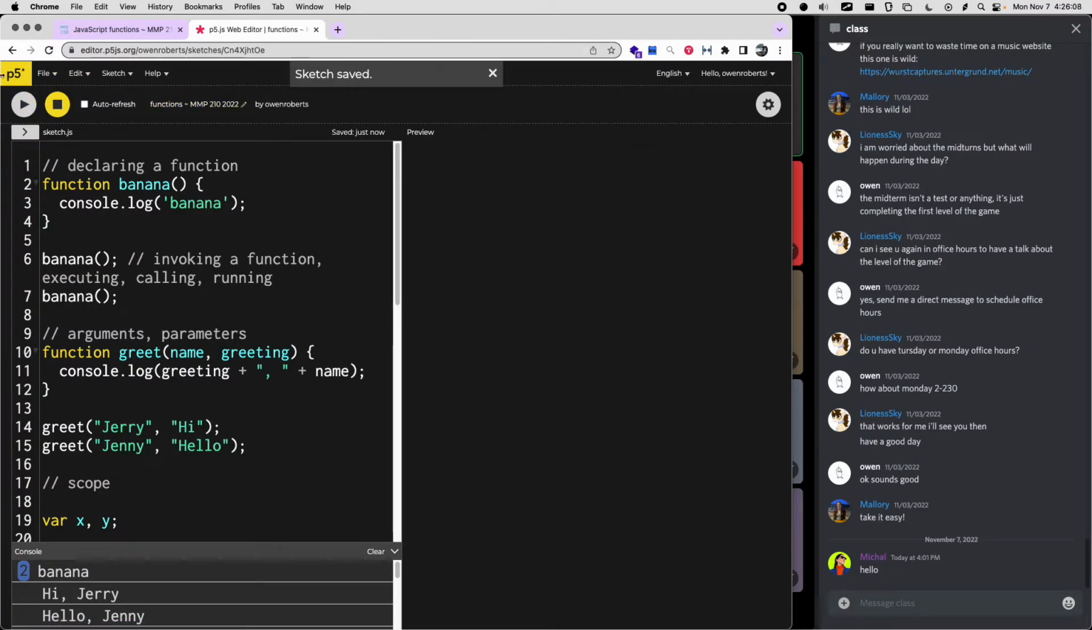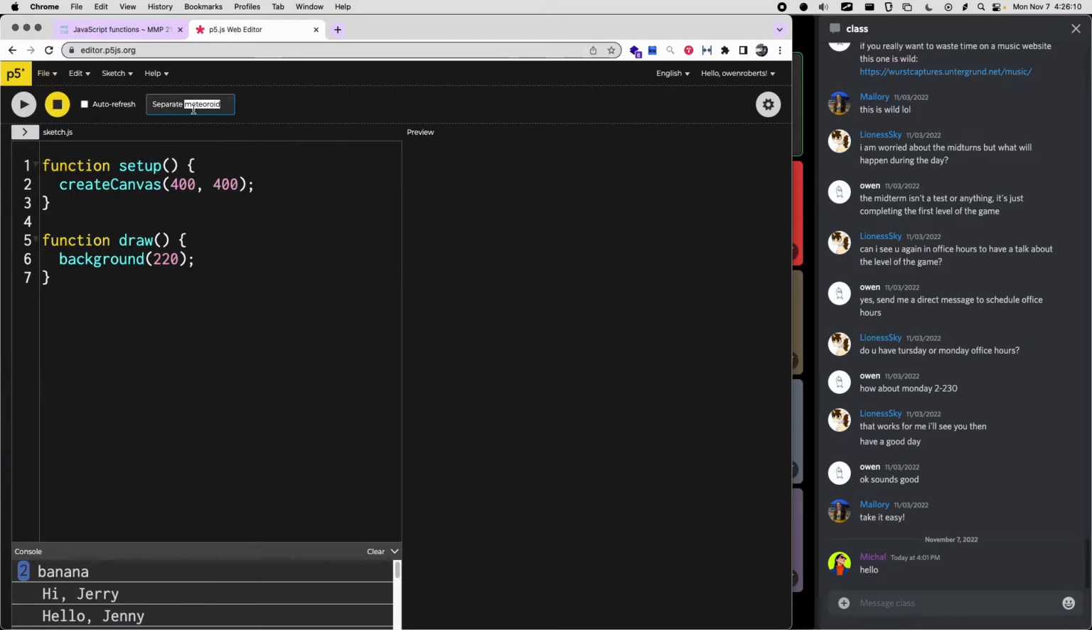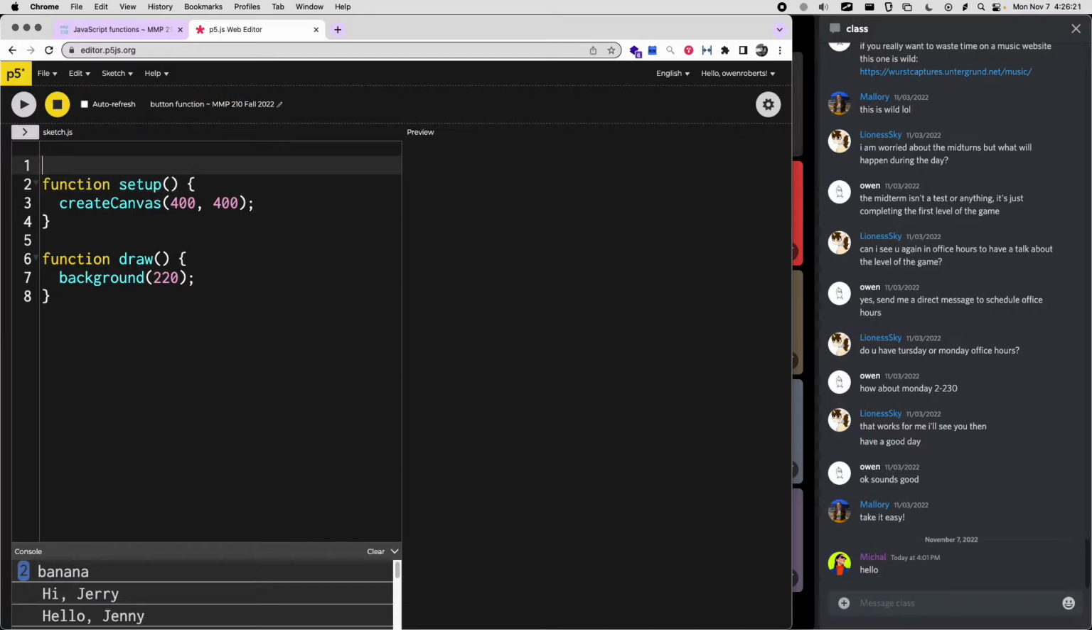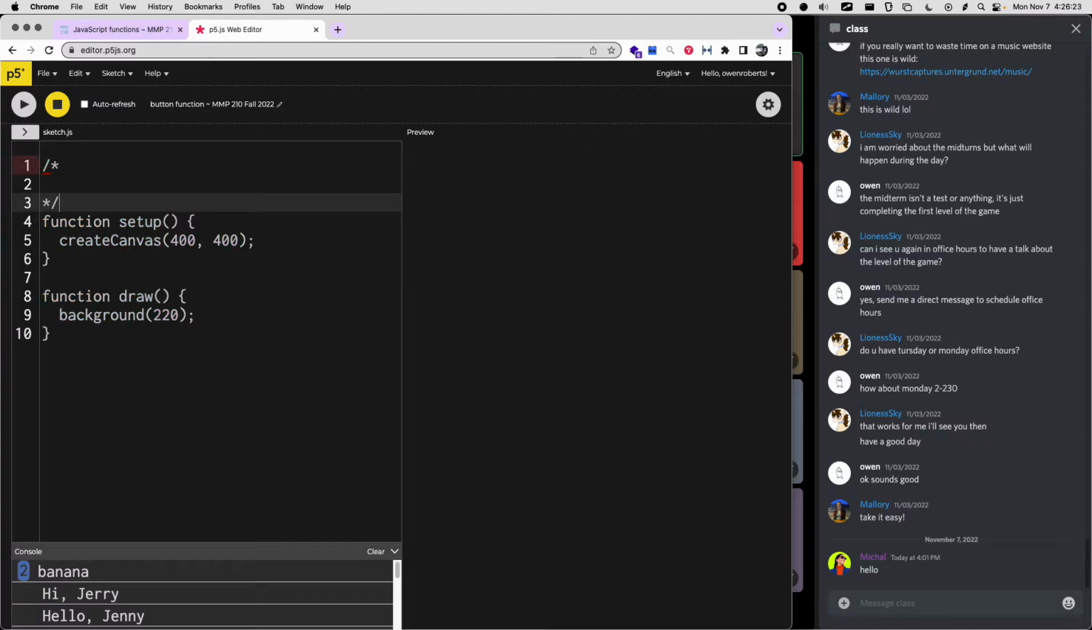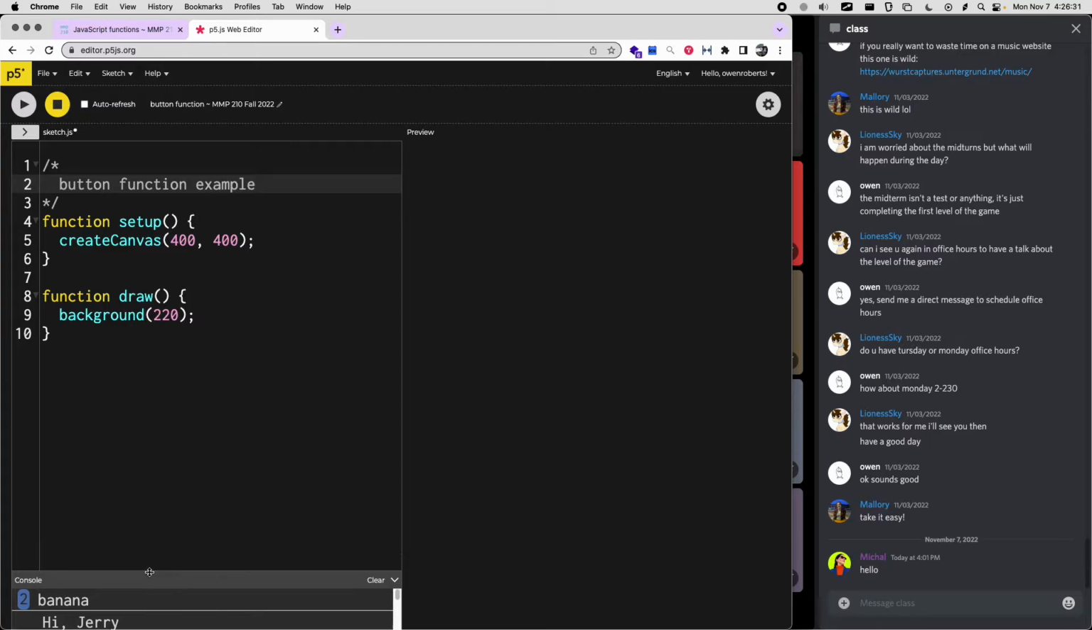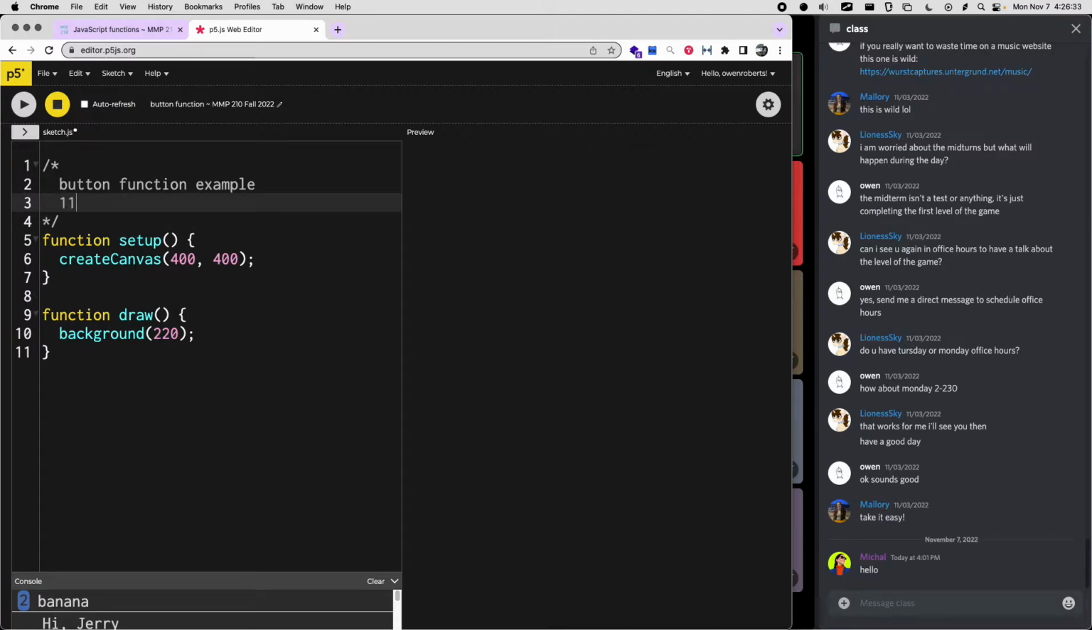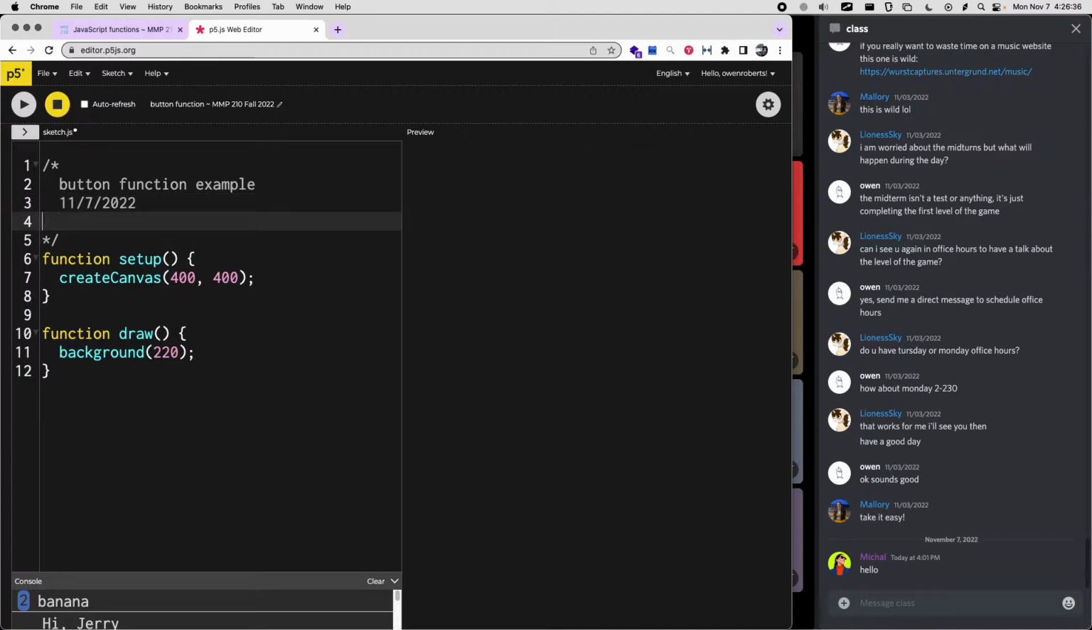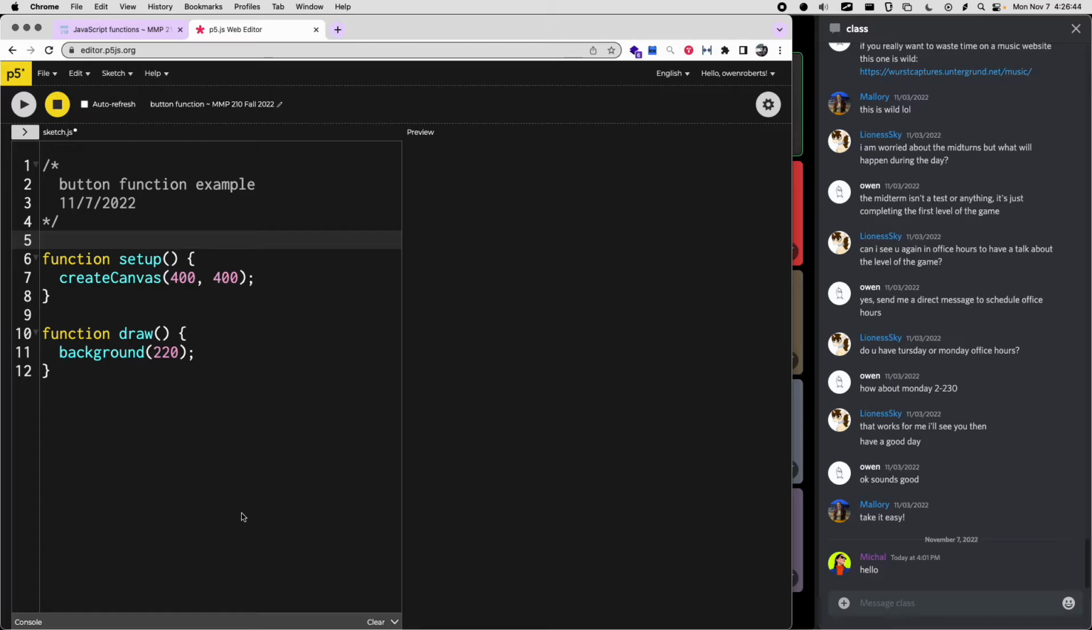So I'm going to create a new P5 project, and I'll call this button function. And so let's start with a little comment, button function example. And I'll put the date for today. Okay, so I'm just going to set up this example first, and then what we'll do,